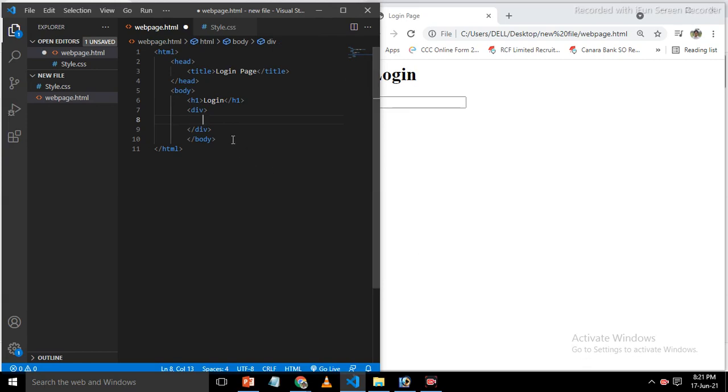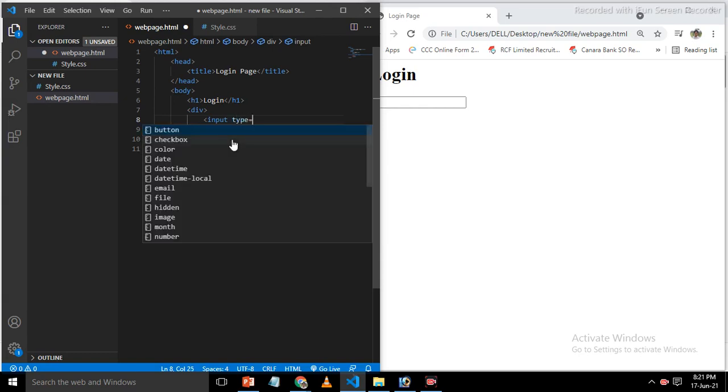Now we put input type equals text, because we put text here, and placeholder, the expected text which I want to show.